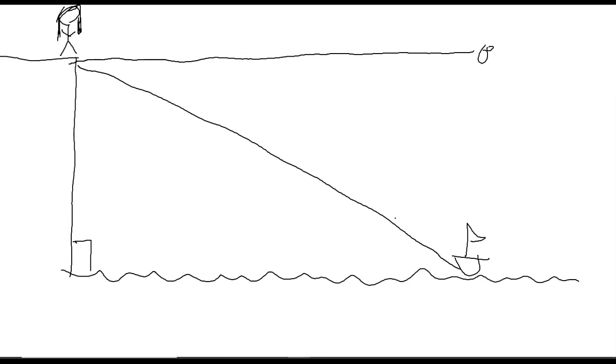I'm drawing a sailboat. This right here is our angle of depression because it goes down from her 0 degrees. And her angle of depression is only 9 degrees. Very small. So she sees this approaching ship and she measures its angle of depression of 9 degrees, and we